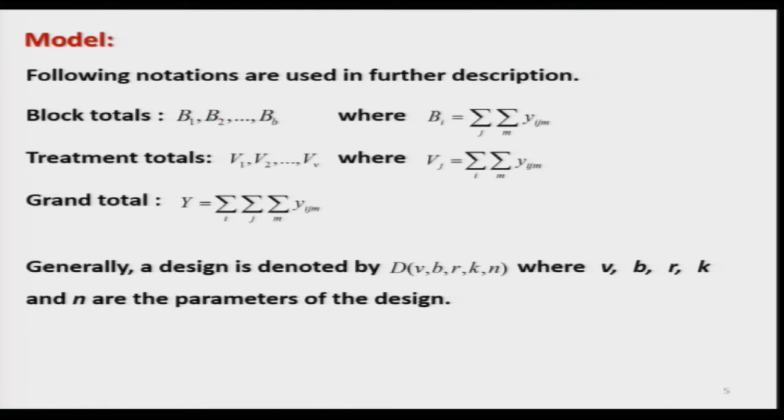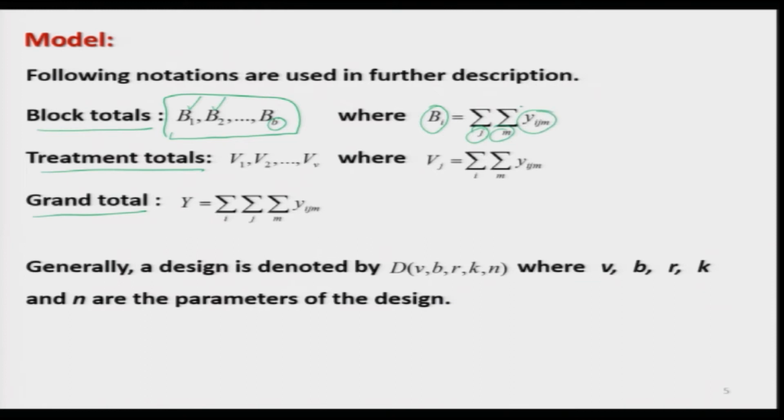So, in this model we are going to use the following terminologies: block totals, treatment totals, and grand total. If you try to see, there are small b number of blocks. So, the block totals are indicated by capital B1, capital B2, and so on, up to Bb, where the block total from the ith block, indicated by Bi, is going to be the summation over j and m